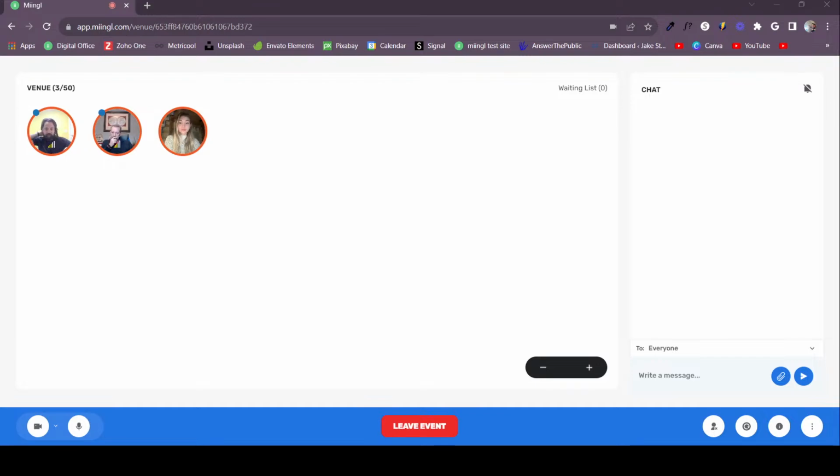So if I'm looking at a computer when I'm at an event, what does that look like? And how can I interact like I would in the real world? What you're looking at right now is the venue. The three of us are basically standing in it and talking to each other. But let's imagine that there's 20 people in here. How can you talk to the other person?